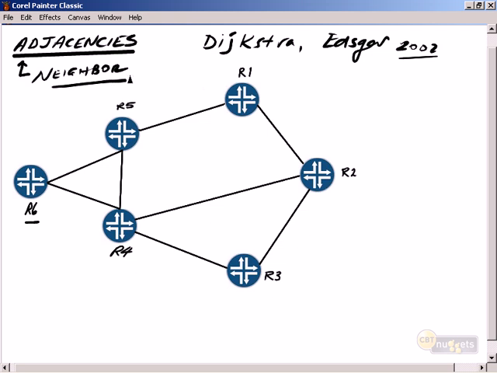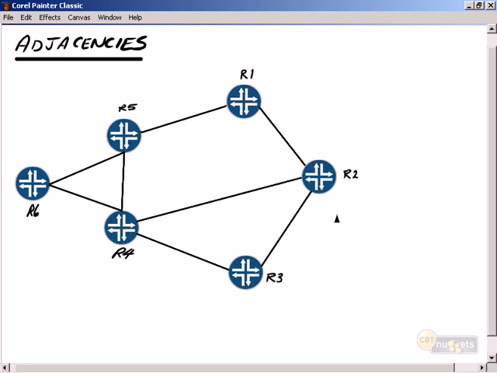Two neighbors are going to, with those hello packets, make sure that they have all the metadata that they need that will allow them to share routing information. It's then at that point only that they can be considered adjacent. Very important distinction. Now, one of the main requirements of a link state protocol is that every router has to